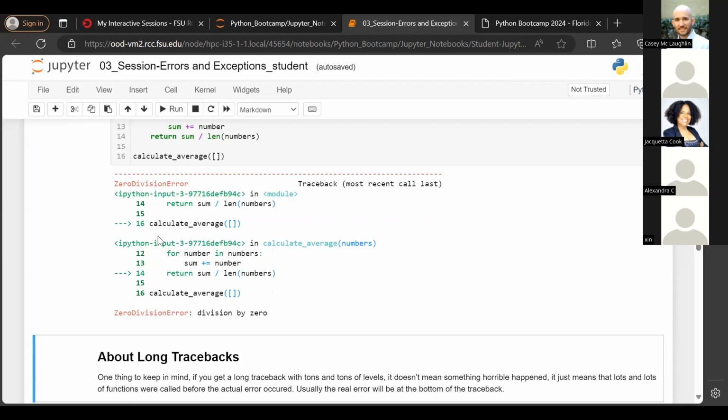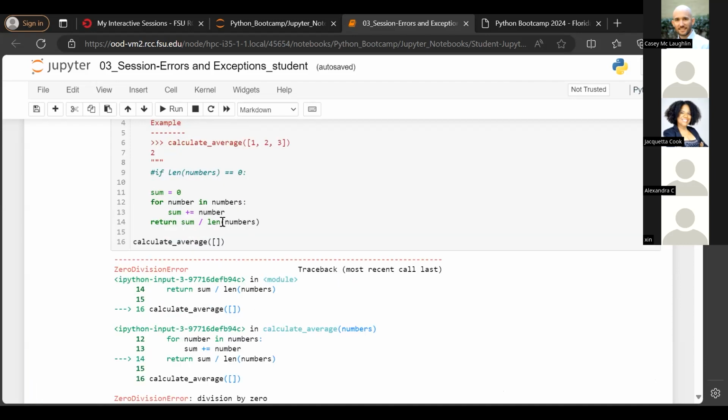This is the first one. It's where what happens. And then it goes from the start to the last function where the error occurs. So where the actual error occurred is always at the bottom. So if you see a long list of Python errors, scroll all the way down to the last one. So in this case, it's on line 14, return sum, and the error is division by 0, which is expected